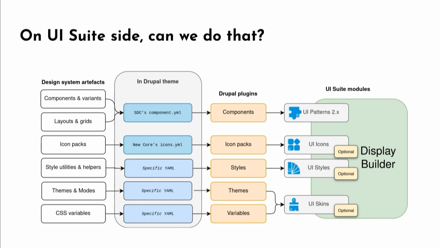Because we, the UI Suite people, have been working on a design system and display building for 8 years. And those core APIs are inspired by our work or come directly from our work. Until now, we were just saying, okay, we will convert the plugin and let Drupal tools do the display building. But why don't we do the extra step? Why are we not building our own display builder, leveraging those plugin types directly? It seems crazy, but it's not crazy.